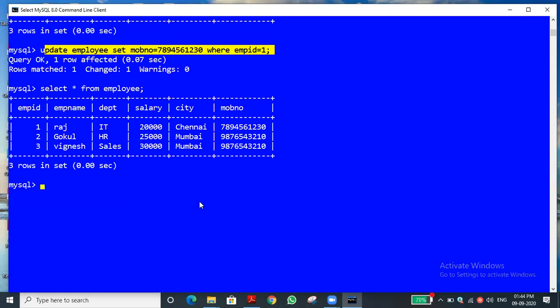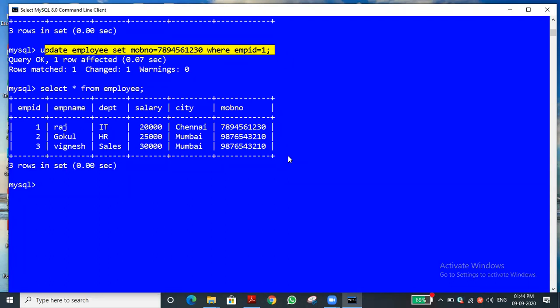Have you got this? How to use the default constraint? Have you got it? Yes, sir. Fine. In today's class we discussed the types of constraints, a recap of the types of constraints, how to set the primary key, what is the use of primary key, and what constraints are applied on the primary key. We have seen how to add a column into an existing table, and how to use the default constraint. We also saw how to update values based on the where clause. For example, we updated the city and the mobile number. So we have seen how to do updates on the table.